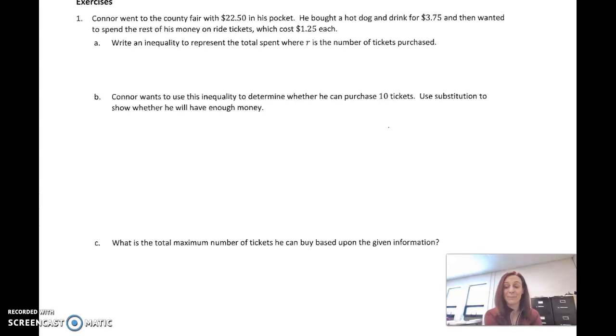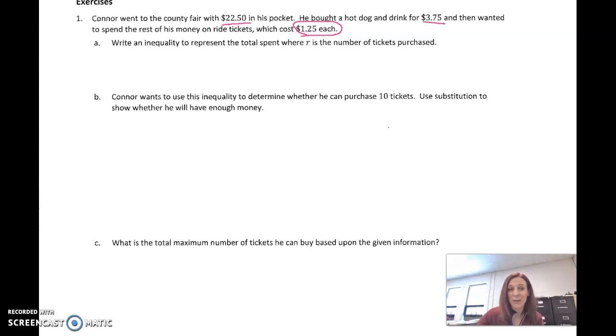Let's take a look at some examples of writing and then solving inequalities. Connor went to the county fair with $22.50 in his pocket. He bought a hot dog and a drink, must have had a deal there, for $3.75, and wanted to spend the rest of his money on ride tickets, which cost $1.25 each. Any time you see each, for every, per,